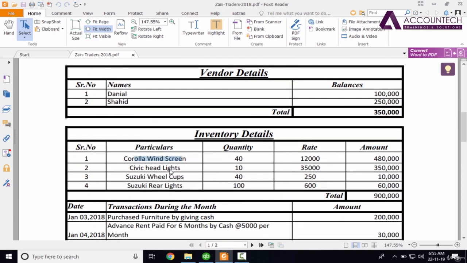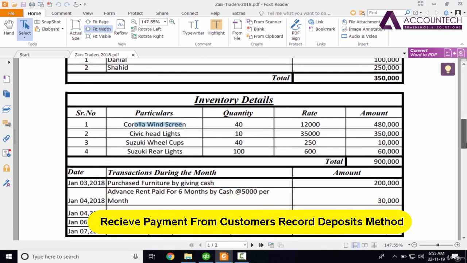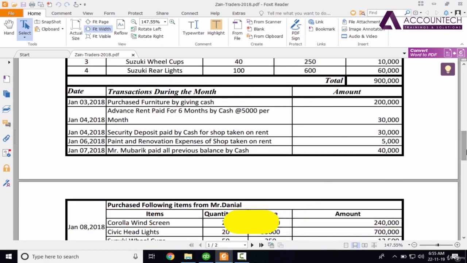In this video we are going to see how you can record the payment from the customers using the record